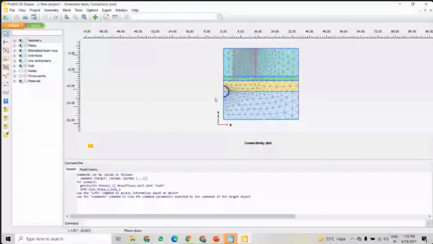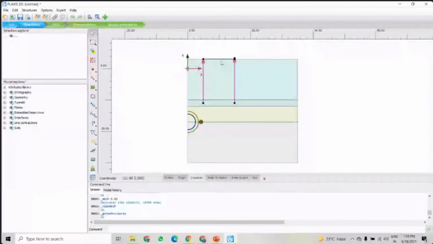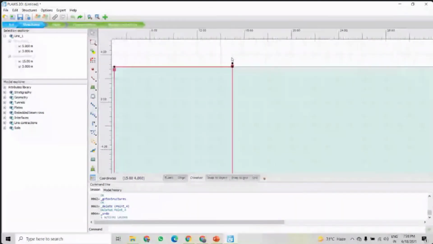One thing I have just forgotten here, that is this plate, because this is the foundation. And two points are there. Wait, something is wrong here.